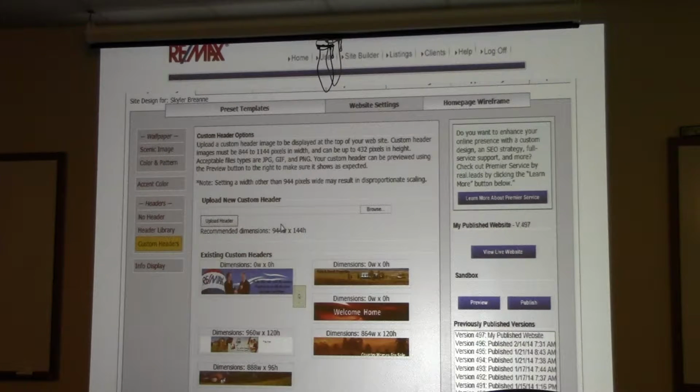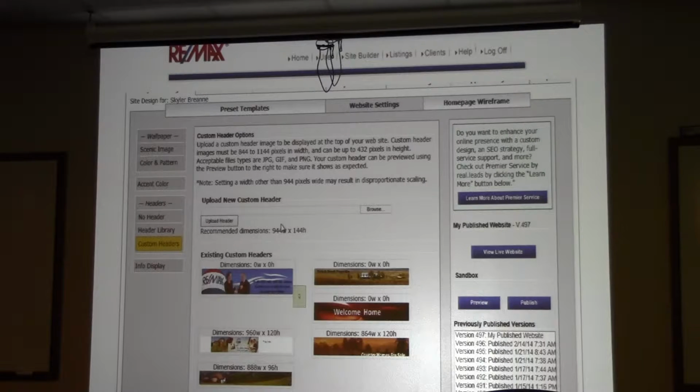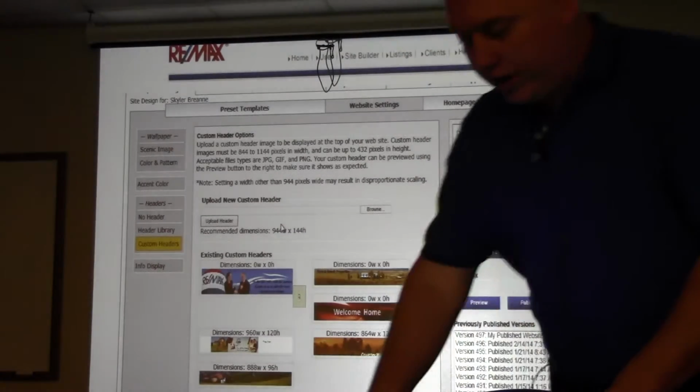Don't put a banner up there of an event that closed down 3 months ago. That's pretty bad, right? Because if they see that, then what are you telling them? All your data on your website's old and outdated. Okay? So the reason I'm bringing this up on creating the banners is because you can go in and create